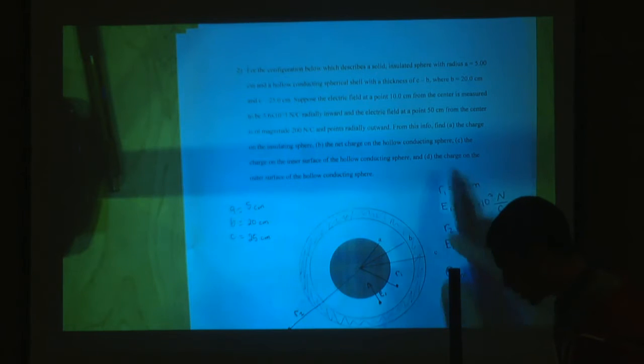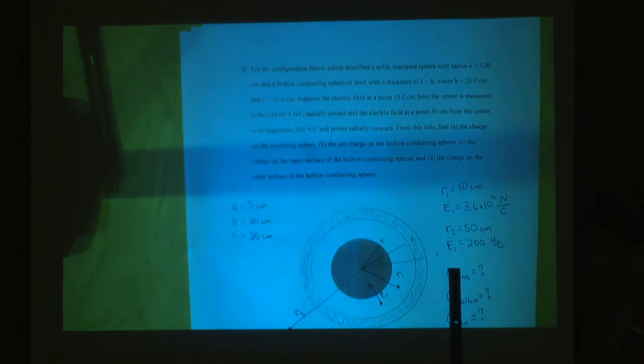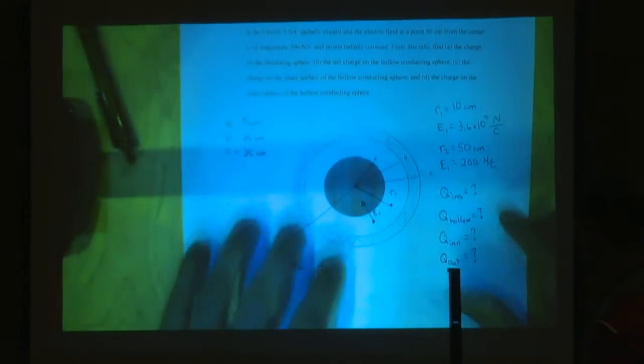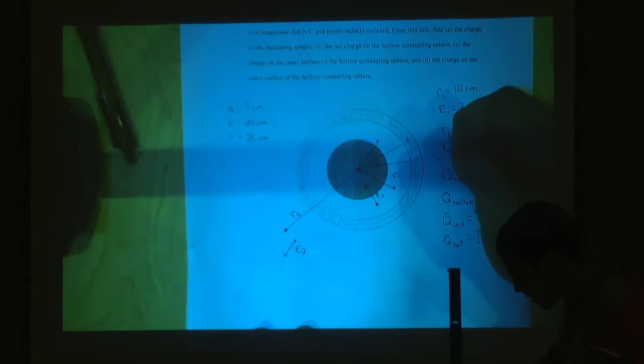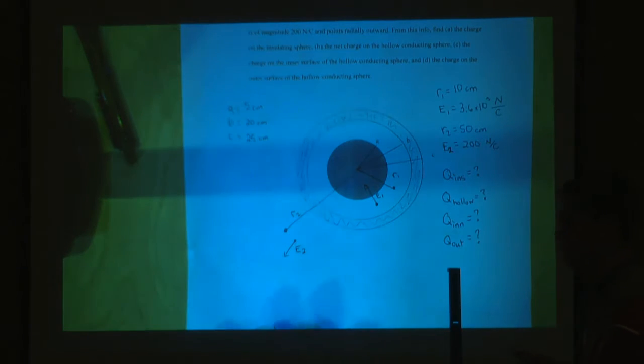And then the charge on the outer surface, so we'll just call this Q out. Naming these things is important for your calculations. So E2 is